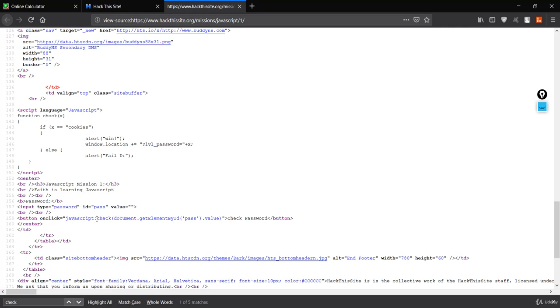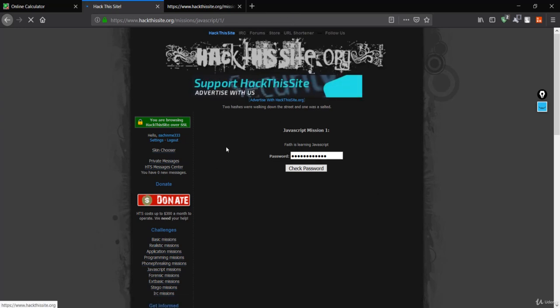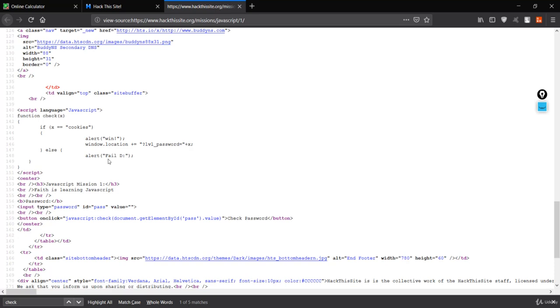So here we just made use of this check method to check for our password. If you see in this window.location, this was responsible for creating a URL. If you just go back here, you will see the URL over here. Let me just remove this part and go back to level 1, then it will get you the same mission. After this mission, it will just inject this window.location. Basically this is responsible for creating the URL.